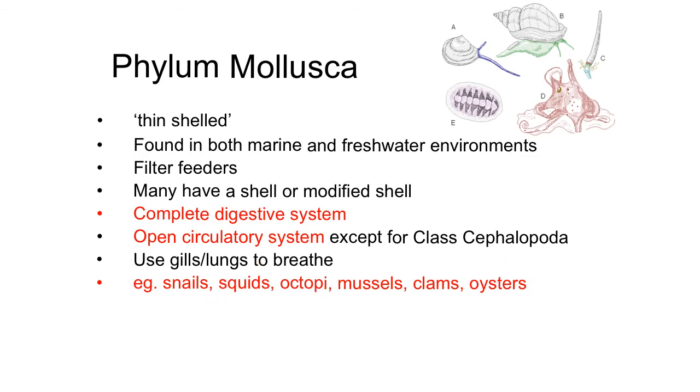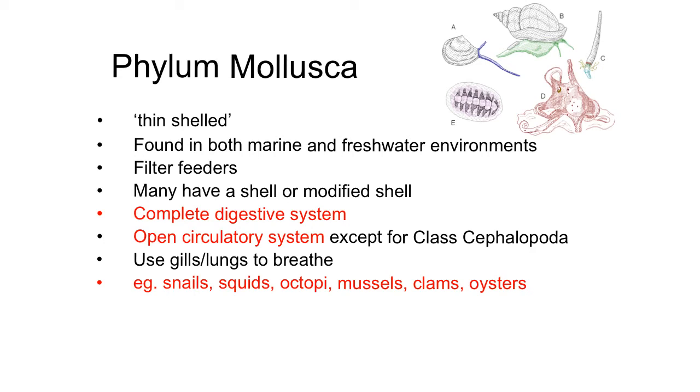Now, obviously squids and octopi don't have a shell, but squids actually have something called a pen, which is a modified shell that's internal to their body. And octopi have no shell at all, and for both of them it's believed that they once had a shell, and they have evolved to no longer have it because they were able to move faster and compete better against